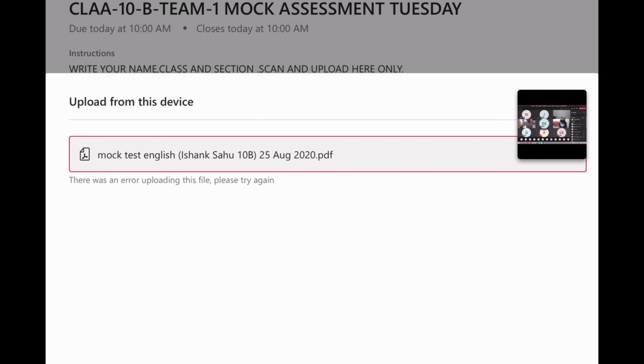So hey guys, today I will be showing you what to do when this problem occurs. Also, this problem only occurs when multiple people try to submit or upload the work at the same time. So this problem cannot be fixed permanently, but there is another way to upload the file, which I will be